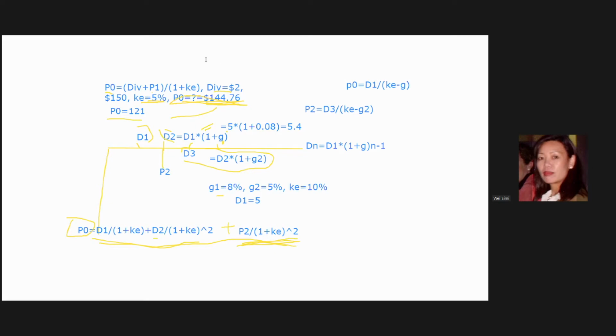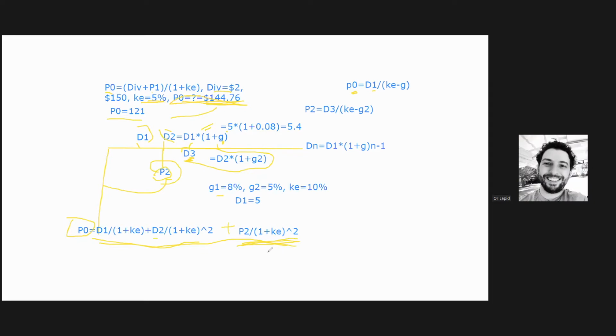So we use this model again, but for a different time period. At time 0, it's the next dividend. Same thing at P2, it's the next dividend. Because the dividend growth speed changes, we price the rest of it at time P2: what is the rest of this stream of money worth? It is worth P2. But this is not today's value, so we have to discount it back to today. That's why P2 has a discount factor here. Are we clear now?